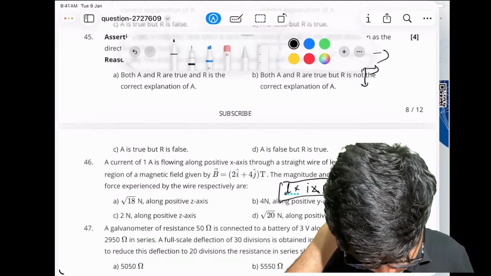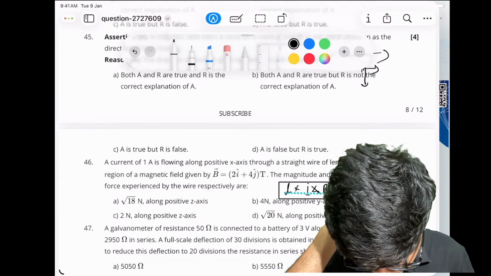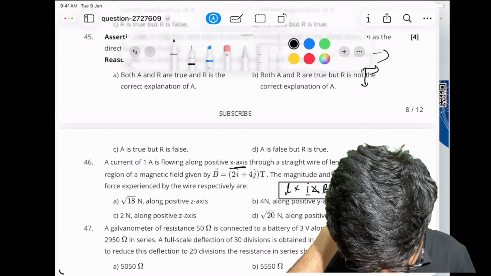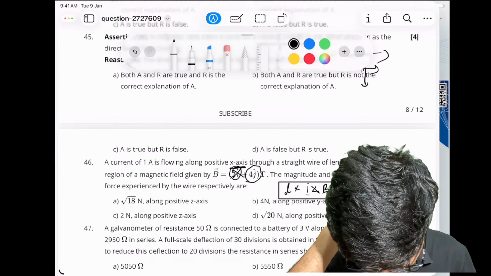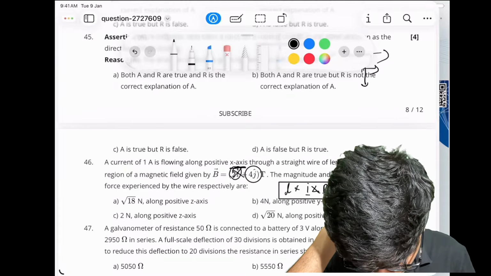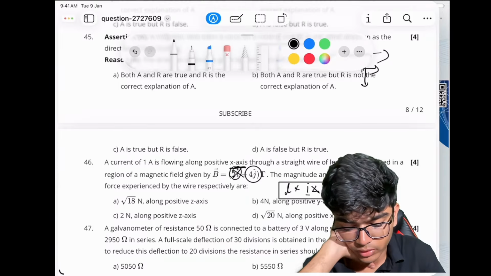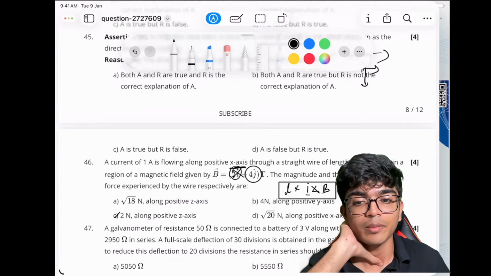L into I cross B, right? I is going through positive x-axis, so the cross product is 0. I comes only with 4. Okay? So it's 2 newtons. Fine, I made a mistake there. Okay,